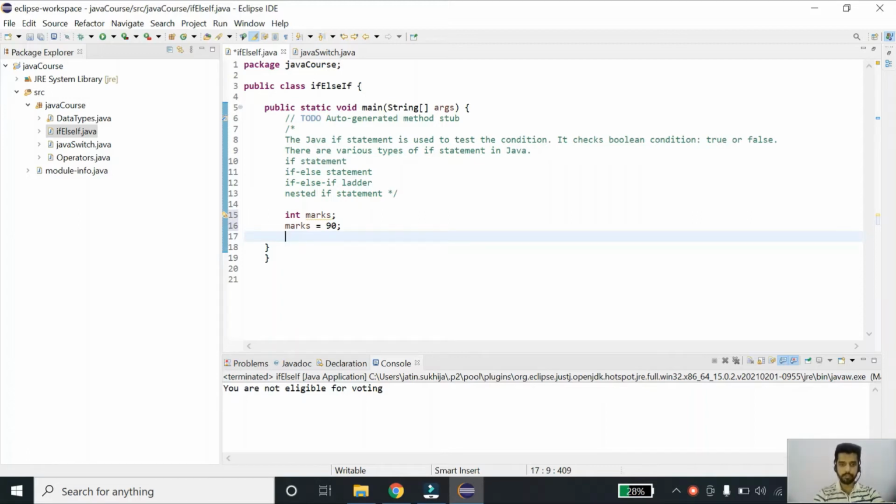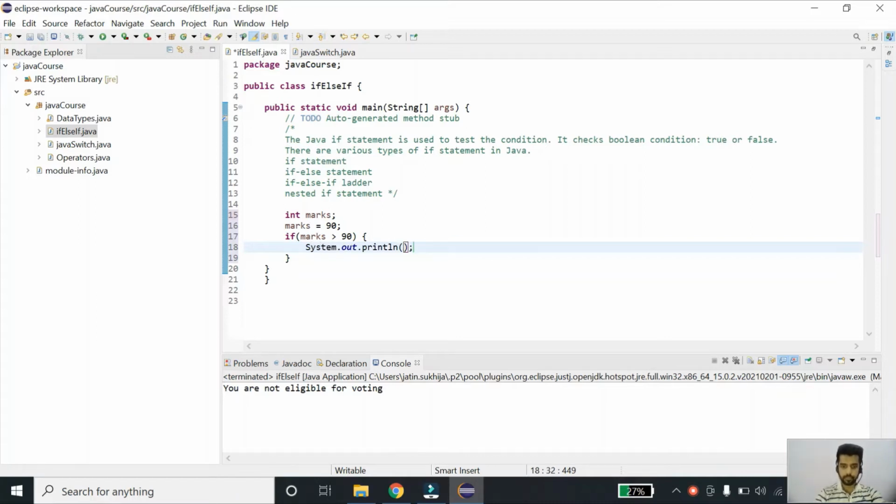First condition will be if my marks is greater than 90, then my CGPA is 9.